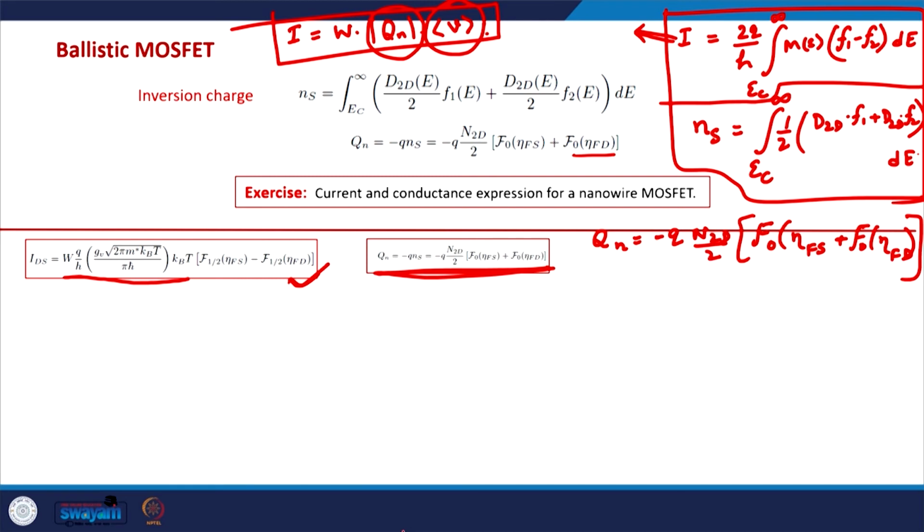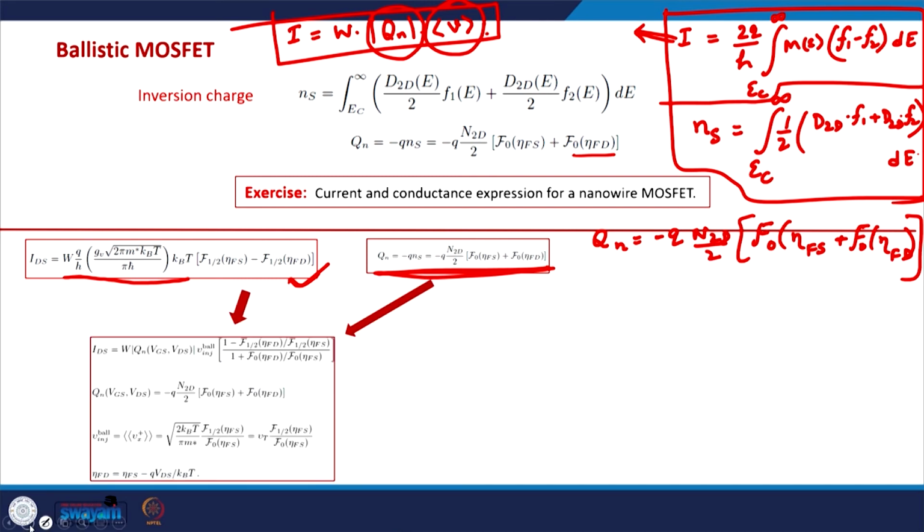So, what we do here is, now in the current expression, in this particular expression of the current,